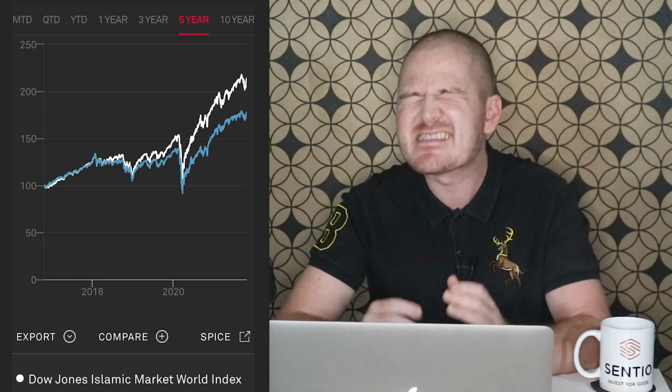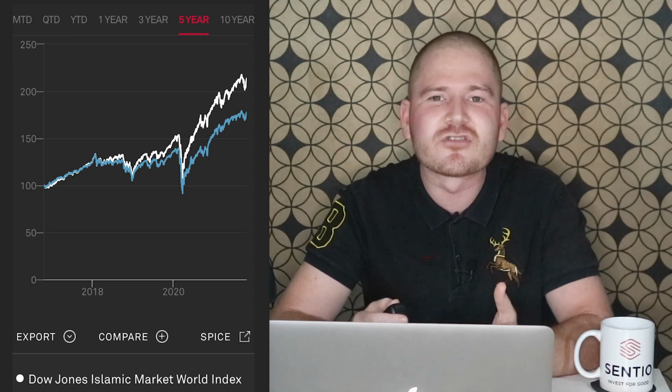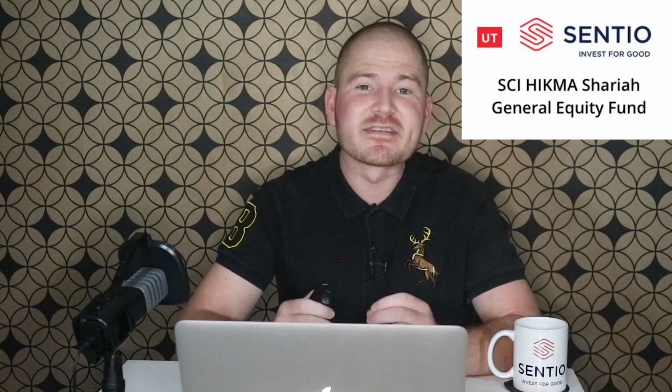And we're talking 6 to 8% higher returns. The difference in return is comparable to the average return that you would expect from the S&P 500. Looking more locally, this particular fund, the Sentio HIKMA Sharia General Equity Fund, has not only outperformed its benchmark over